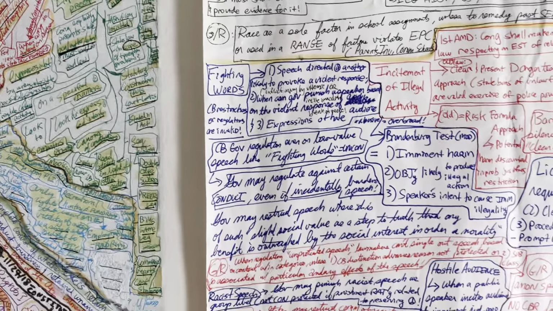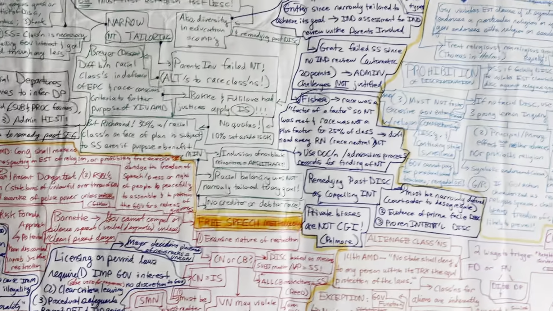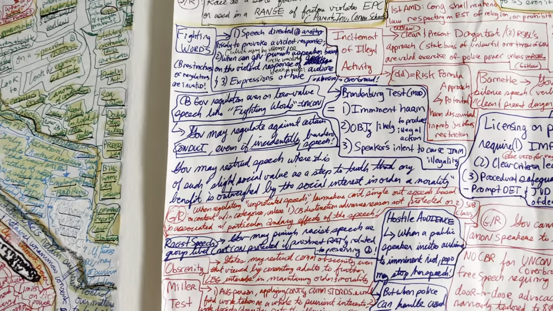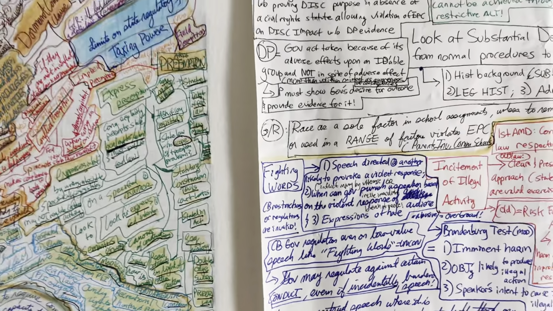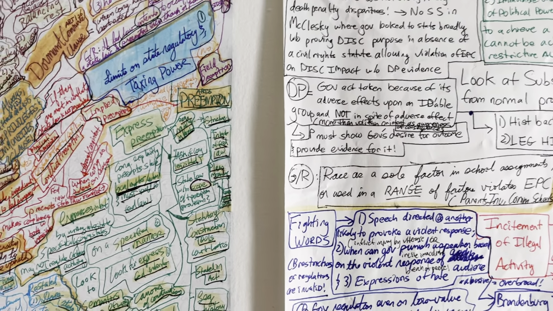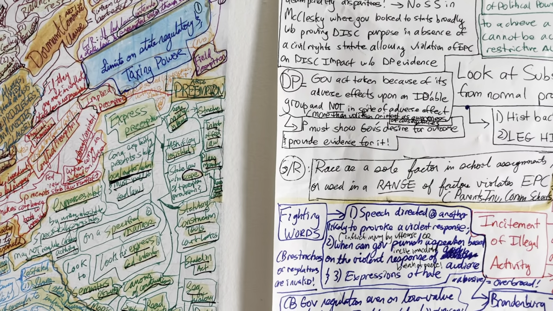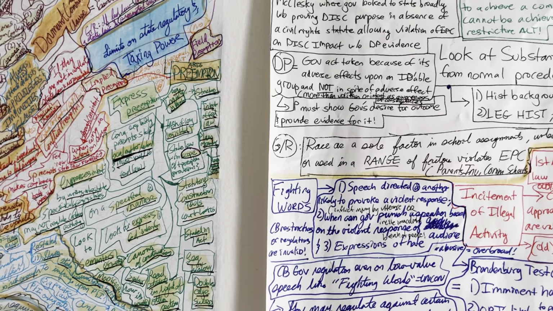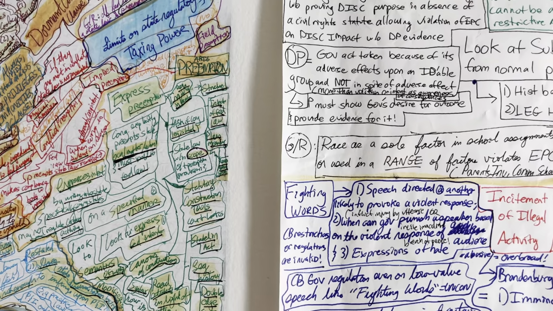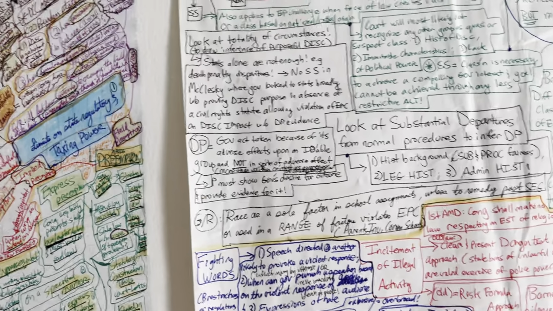So now we can move on to the First Amendment when it comes to free speech. We'll talk about free speech first before we talk about the First Amendment religion clauses. So there are different categories of speech. We start with fighting words. Fighting words are generally speech directed at another, likely to provoke a violent response. They can inflict injury, usually by the mere utterance of those words. We also look to when the government can actually punish a speaker based on the violent response of others, of the audience, breach of peace for example, and we look for expressions of hate. So again, speech directed at another, likely to provoke a violent response.